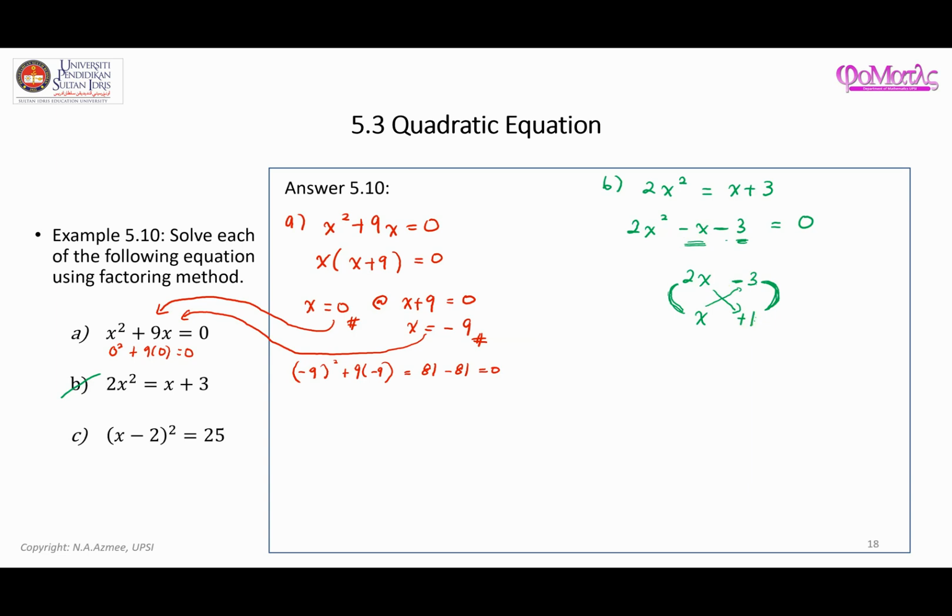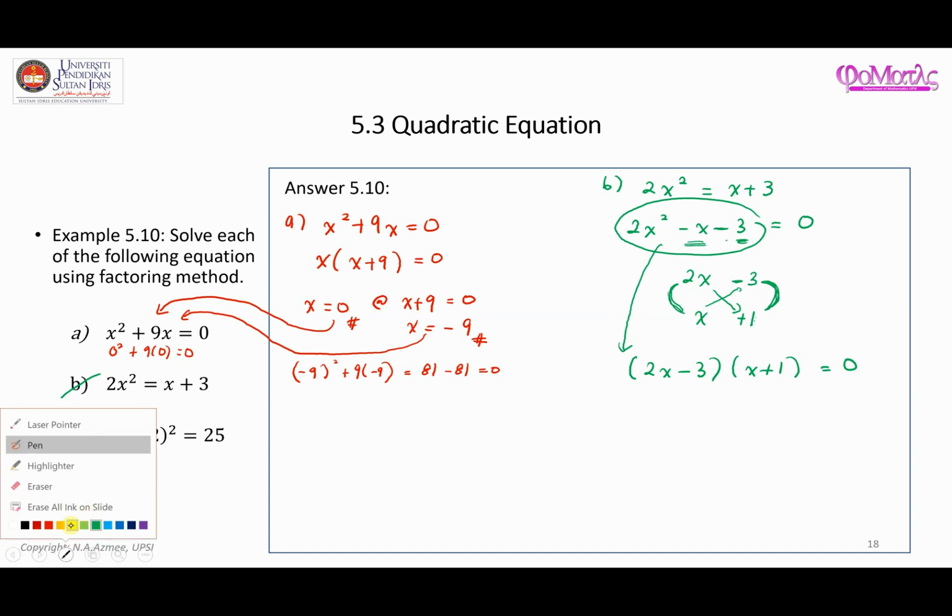So based on this quadratic equation, I can actually write it in the following form: 2x minus 3 times x plus 1 is equal to 0. You can always check whether this is true or not